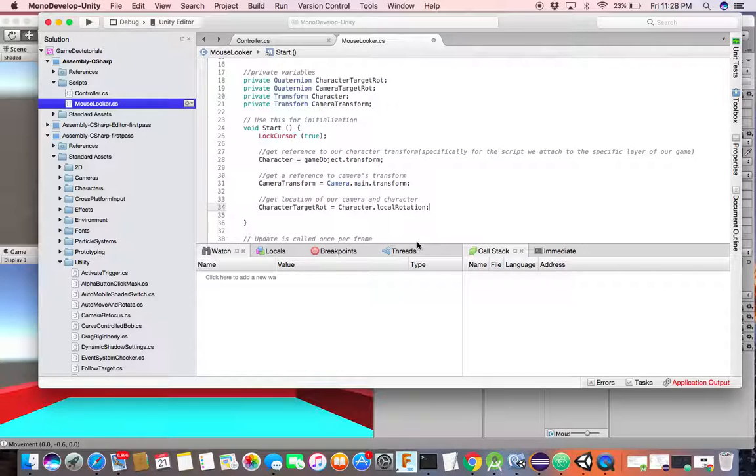What we're trying to do is we just want our camera to rotate around the world. We don't want the whole world to rotate altogether. We just want one thing to rotate. And as well as we want our character to rotate, we also want our camera to rotate at the same time. Sorry, not this one. This is what we want. So this will equal